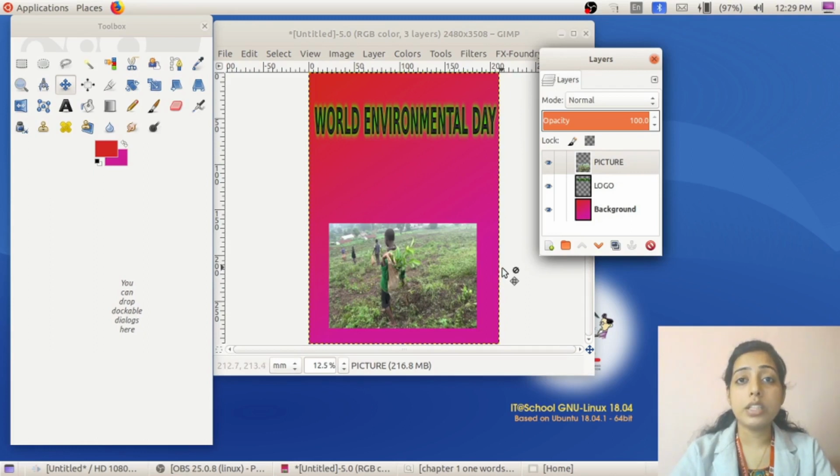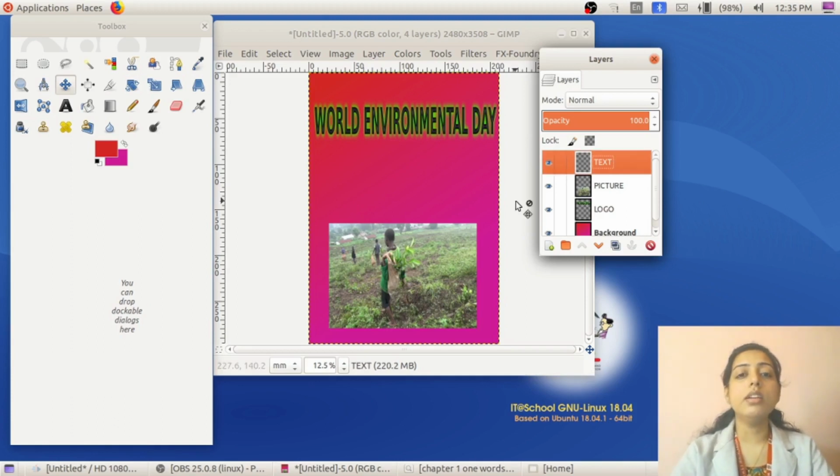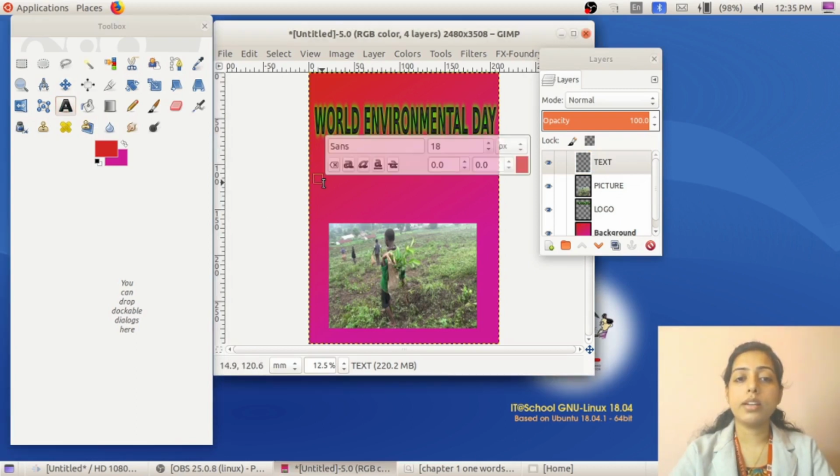So we have completed two activities, and one more activity is remaining. We can add text related to this poster or this topic. Create a new layer, click on OK. Double click over the layer, you can change the name to text. Press enter key. Then take the text tool, click over the place where you want to enter the text. Simply click and drag the text box in order to make the text box bigger.